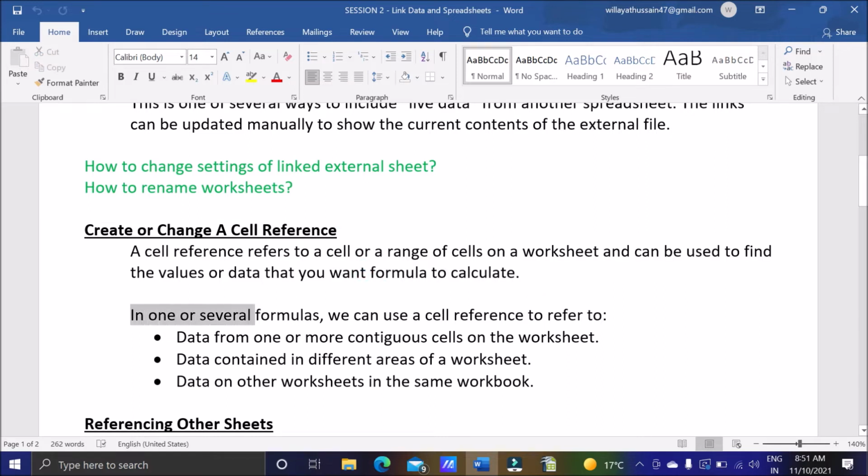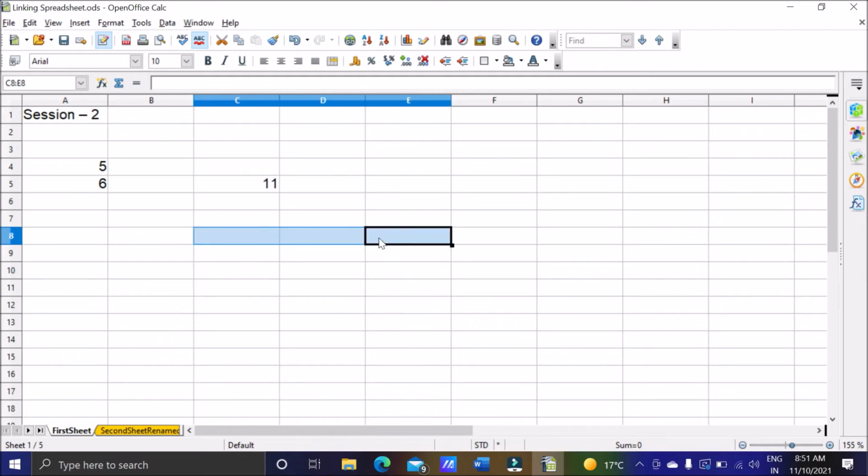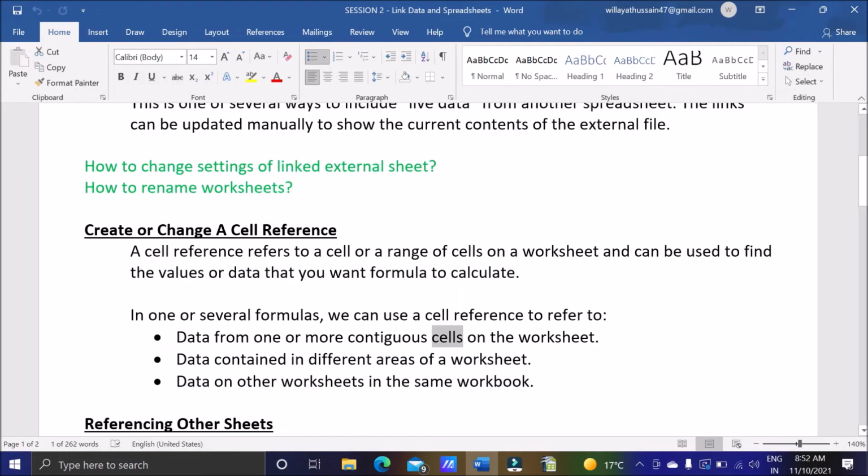Now in one or several formulas, we can use cell reference to refer to data from one or more cells. So for one cell, we have this, you can see in the name box B8 or C8 like this, or multiple contiguous cells, like C8 to E8, or we can get data contained in different areas of the worksheet.